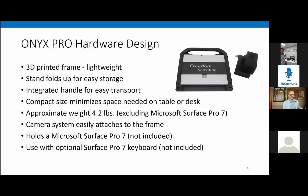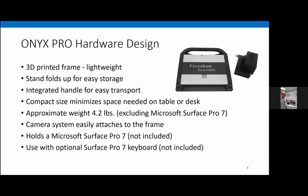So the Onyx Pro hardware and design, I want to go over to Richard for this, because I think Richard can do a great service here by showing us the setup of it. So if we could pin Richard. Sorry, Mike, I can't see the slide, but you can see here, guys,